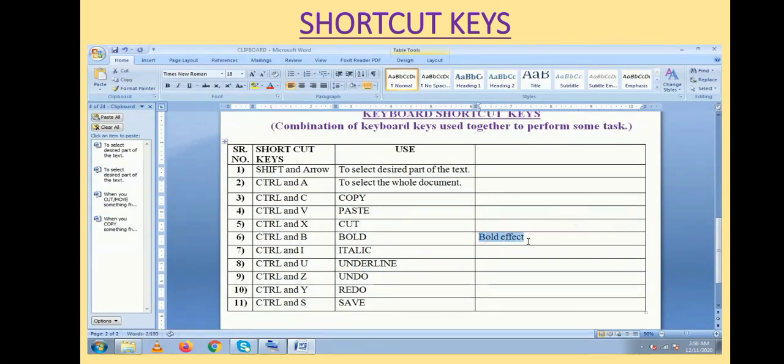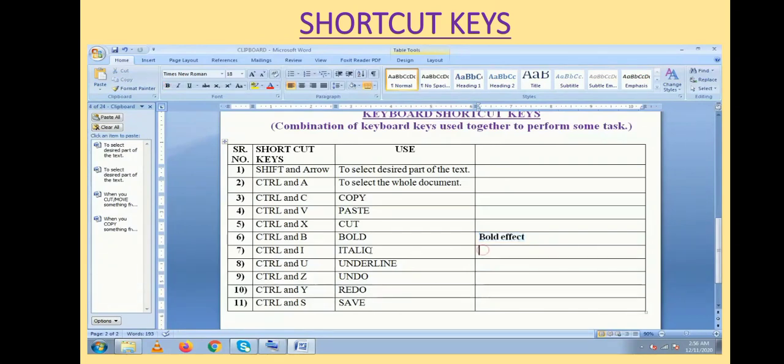I am selecting these two words and then pressing Ctrl and B together. So you can see that the fonts will be thicker. So this is called as bold effect, which you can give by using Ctrl and B shortcut keys.